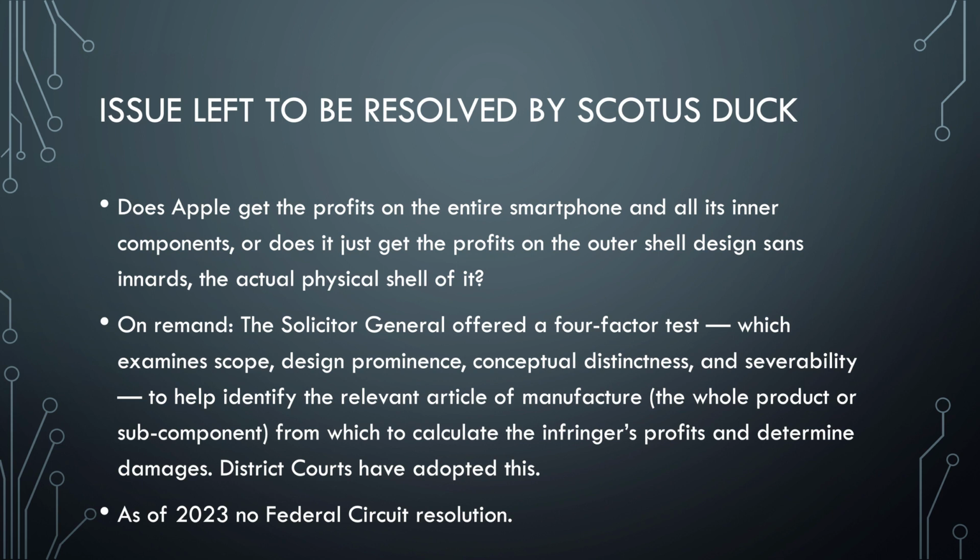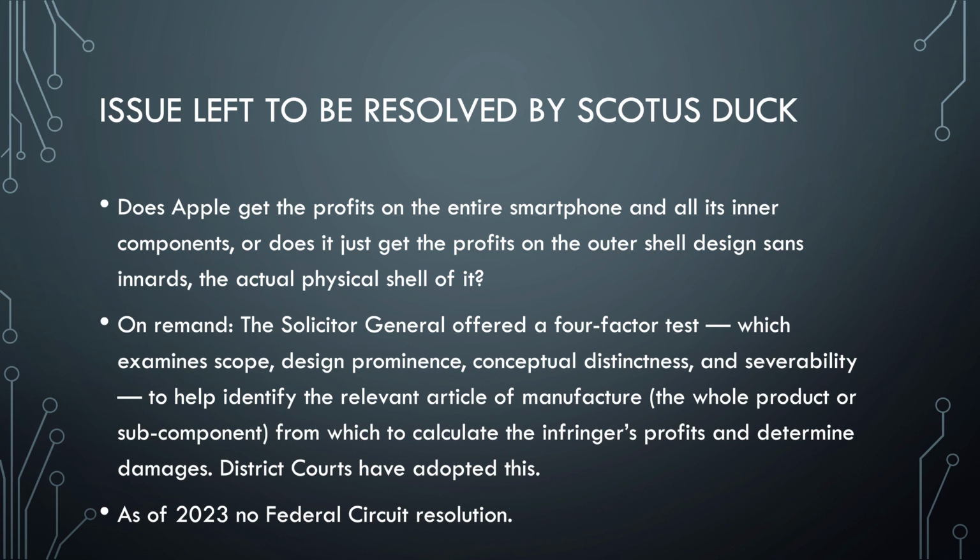case. The judge went to these 4 factors: the scope of the design claimed in the patent, including the drawing and any written description of the drawing; the relative prominence of the design within the product as a whole; whether the design is conceptually distinct from the product as a whole; and the physical relationship between the patented design and the rest of the product. So you look at all these things and throw it into the hands of a jury, let them stir up the pot and figure it out.